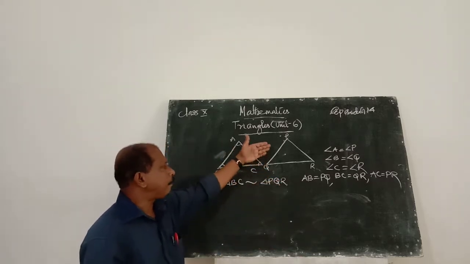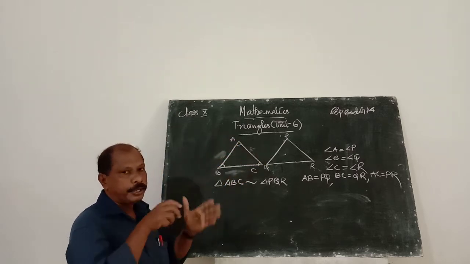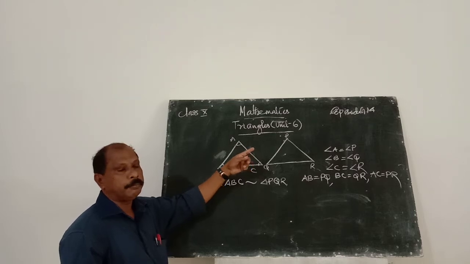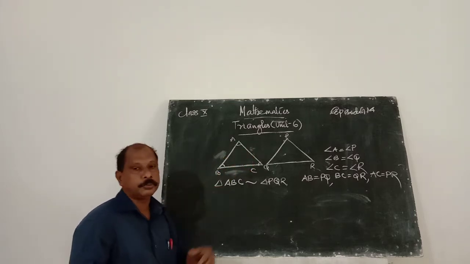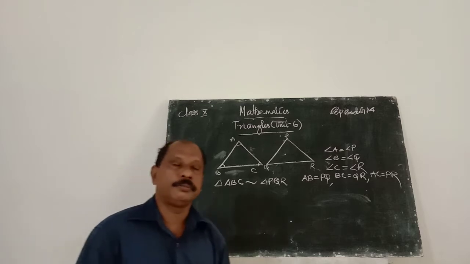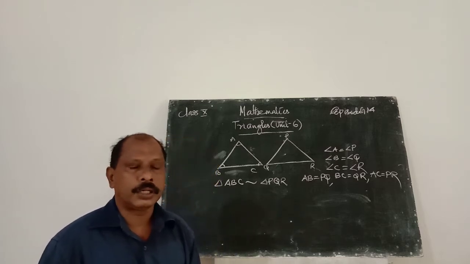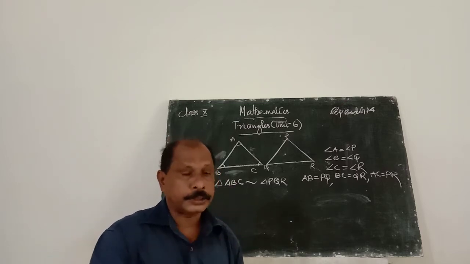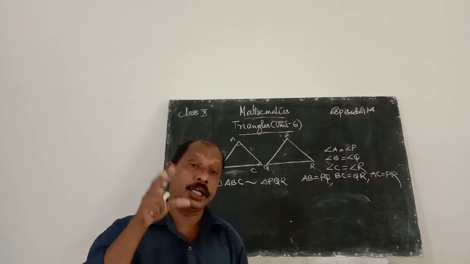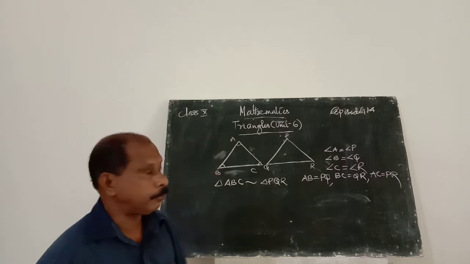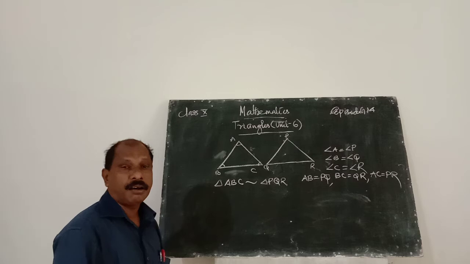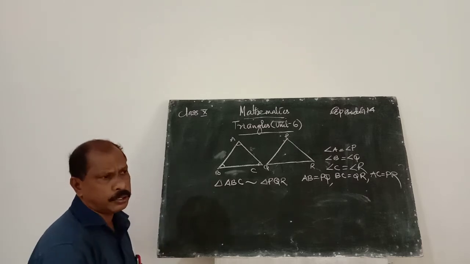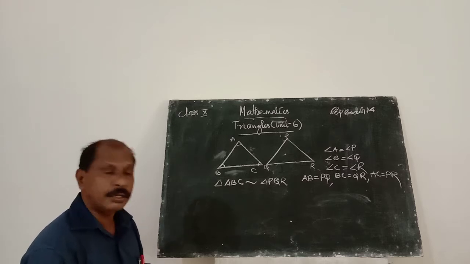That means when PQR and ABC are joined, A and P are the same point, similarly B and Q are the same point, and C and R are the same point. Therefore, these two triangles are similar because angles are equal and sides are proportional. But the corresponding sides are also in equal measure. Therefore, these two triangles are known as congruent triangles. Congruency means it is similar and also the sides are equal.